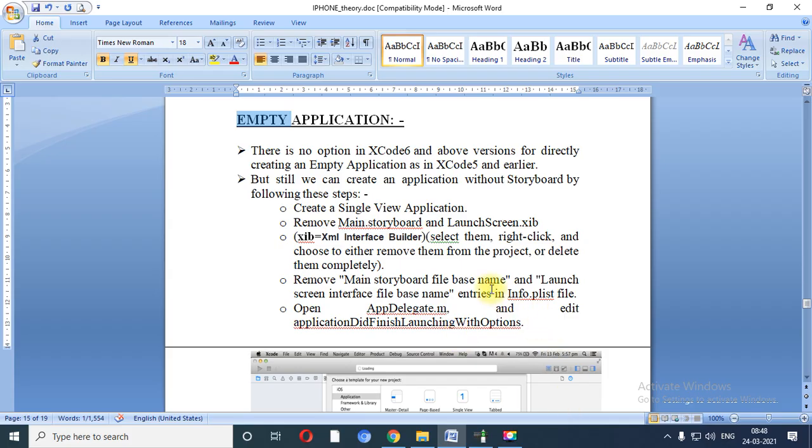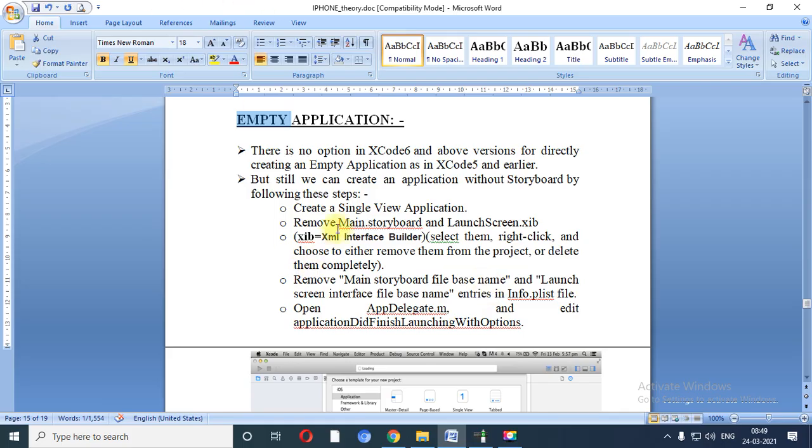Let me repeat this point once again, that after Xcode 6, you do not have empty application facility, but in the earlier version of Xcode, you can create empty application. Empty application is nothing but the kind of application in which storyboard is not there. So if you want to create such kind of application in which storyboard is not available, at that time you need to follow the following steps.